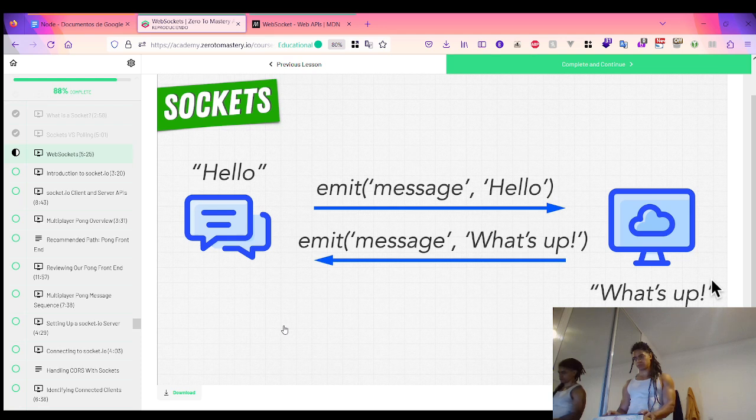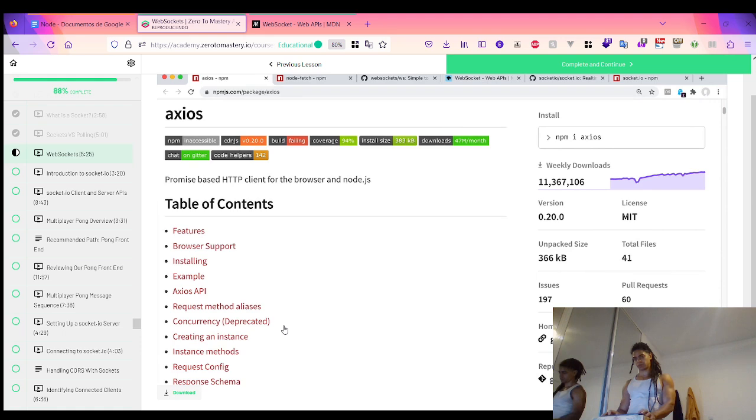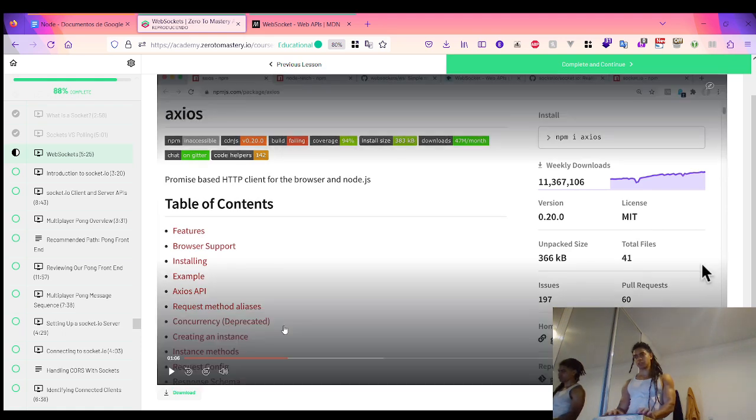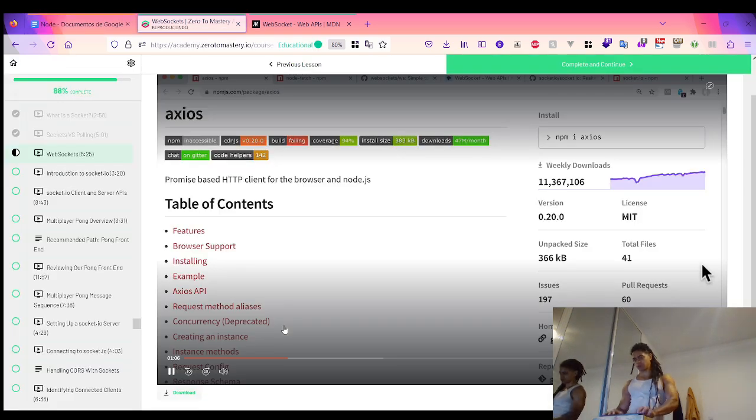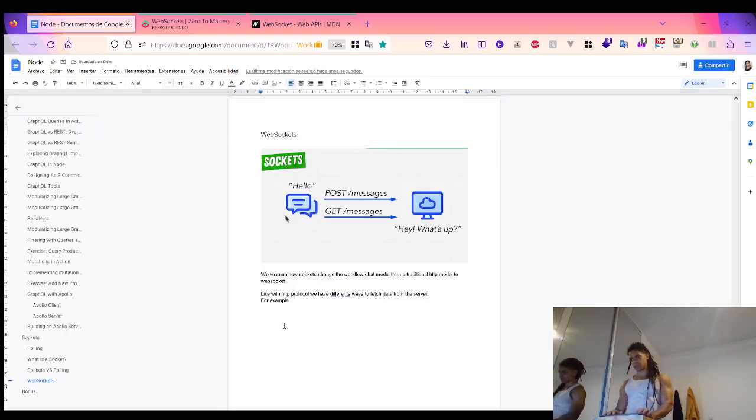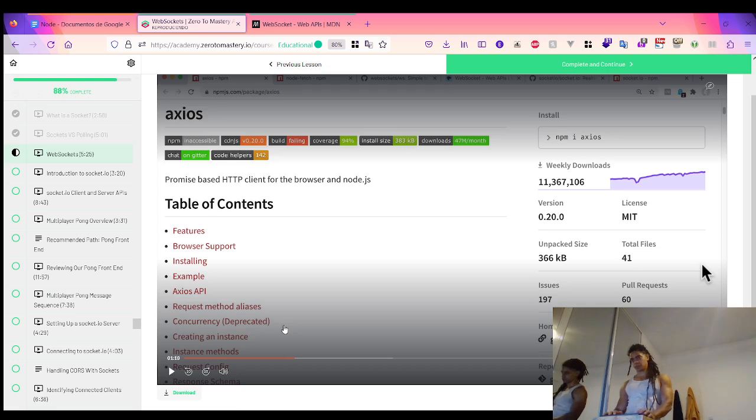We now know that WebSocket is a protocol, a way of sending messages over the internet, just like HTTP. And like with the HTTP protocol, we have different implementations of how to get data from the server